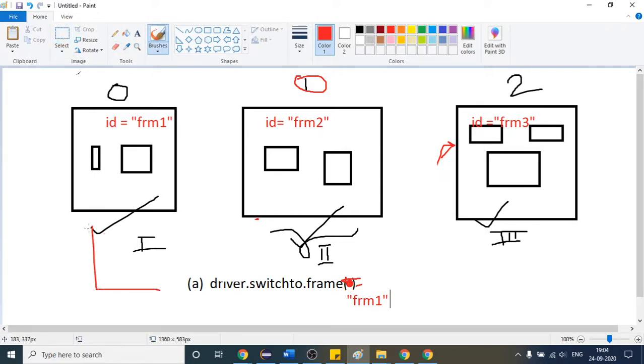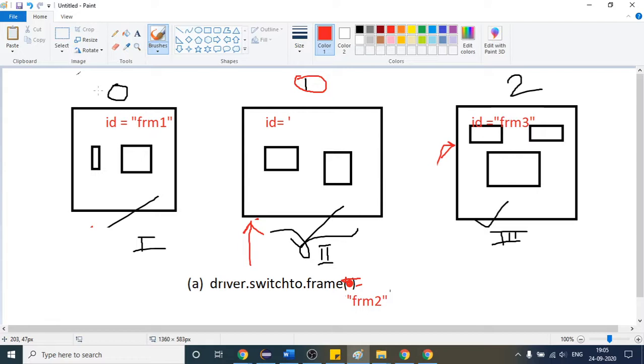So this is also one of the ways. But if you place the second id, which is this one, if I copy and paste it and provide that id here, our driver will now switch to this second one.